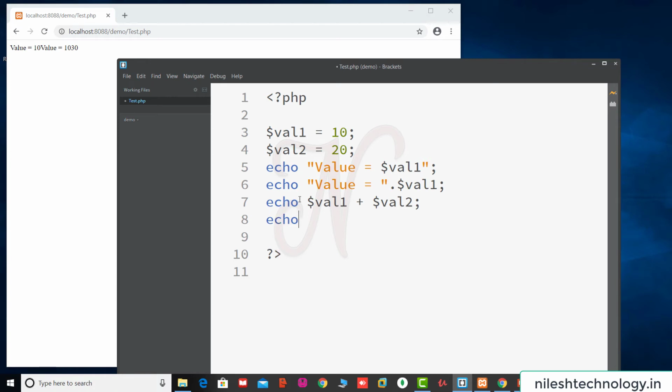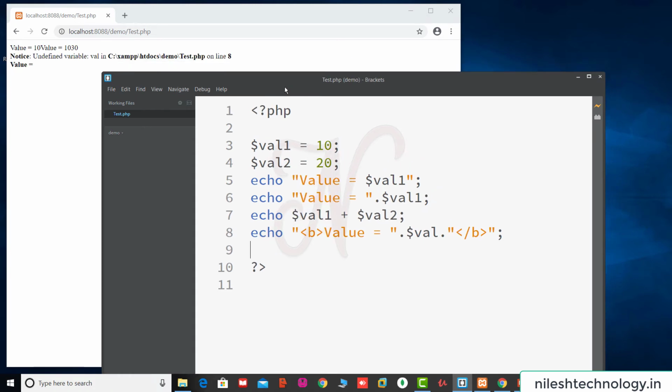Then echo. If you print value equal to $val, and if you try to add an HTML tag here, start before the statements. See here, this is a string, variable, string. So these strings and variables are concatenated using this dot operator. See here, we save these changes.